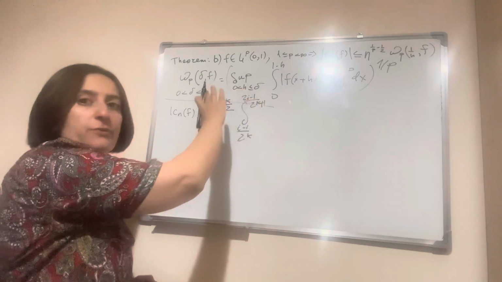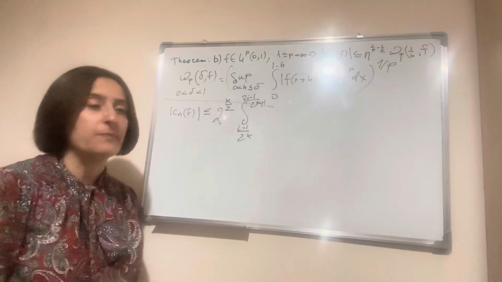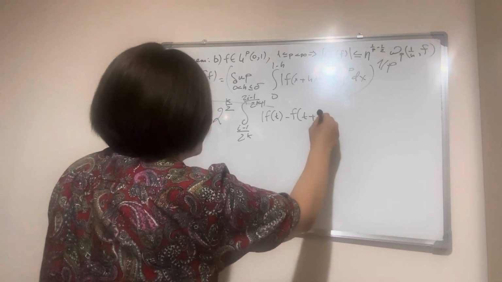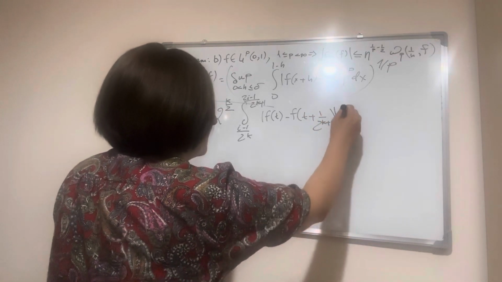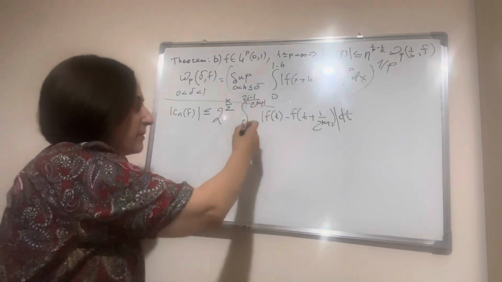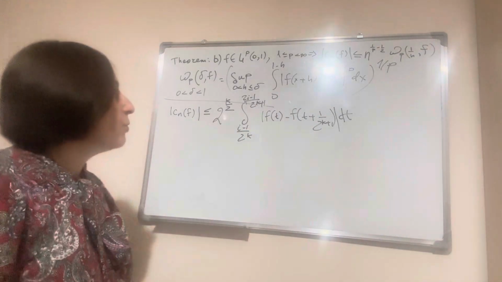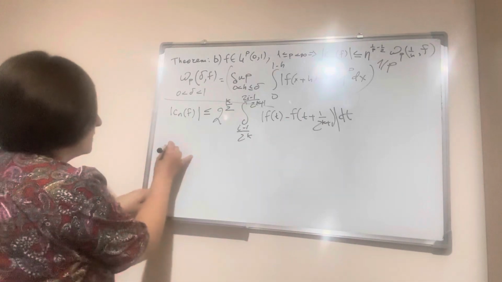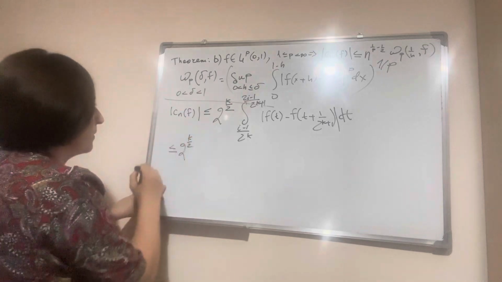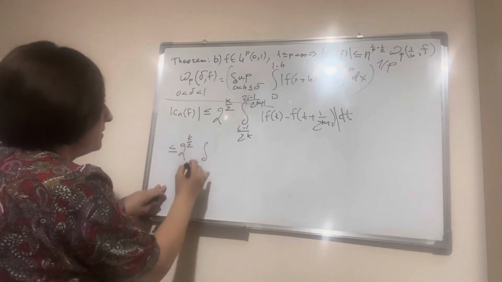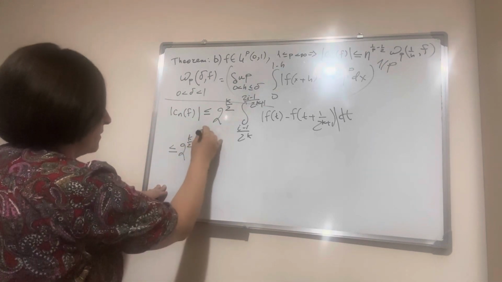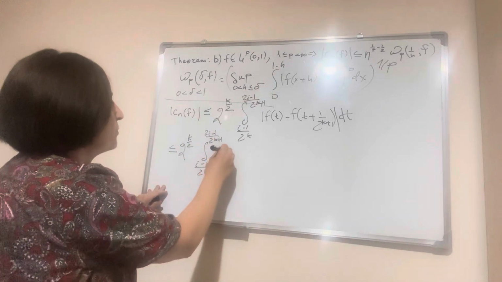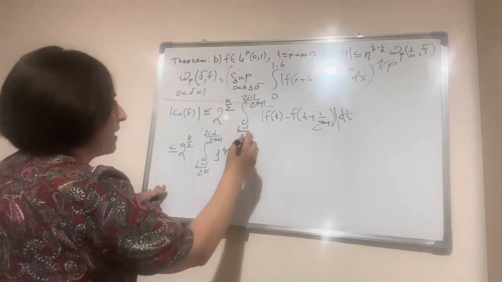So this is the left half of the dyadic interval. And here is this difference in absolute value. Now we will use Holder's inequality after this point. Less than or equal to 2^(k/2) times the integral with the same bounds, 1 raised to power q, raised to 1 over q, times